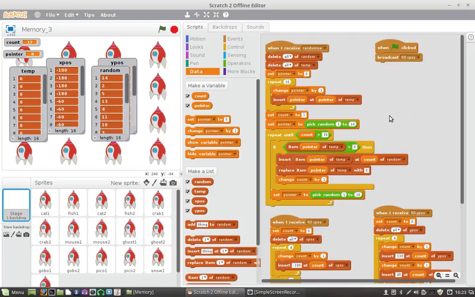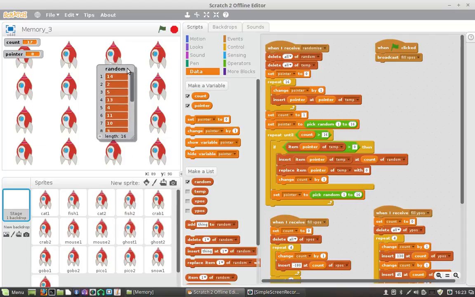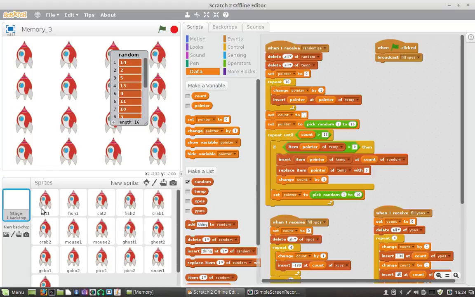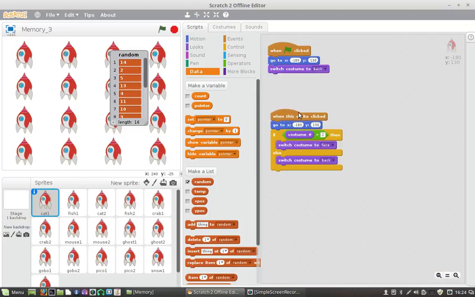Alright, well, we've got to this stage now where we've got our X position, Y position stuff working. We can turn them off, and we'll turn temp off as well, but we'll leave random rattling away for a minute because we can check a few things here. We can find out if, when we position our sprites, they actually go to where we want them to go. So once we run the random, then these here will change, and what we're going to do is we'll